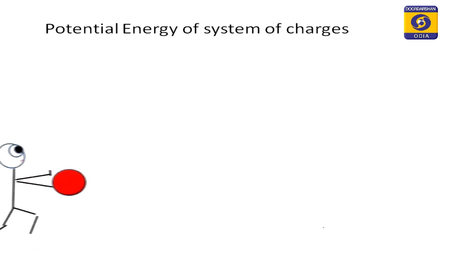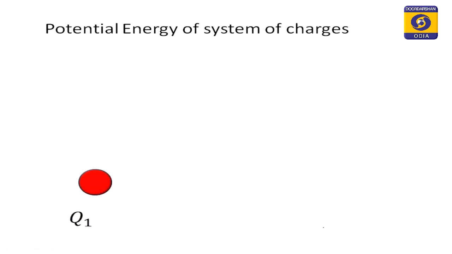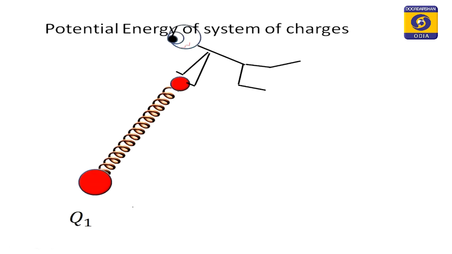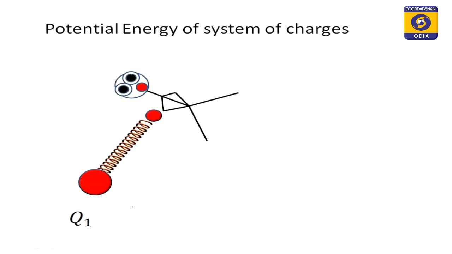You have to do no work for this Q1 charge because you do not feel any force of attraction or repulsion there. Now bring Q2 charge, then you have to do more work because Q1 will repel Q2. Then bring another charge Q3, then you have to do more and more work because both Q1 and Q2